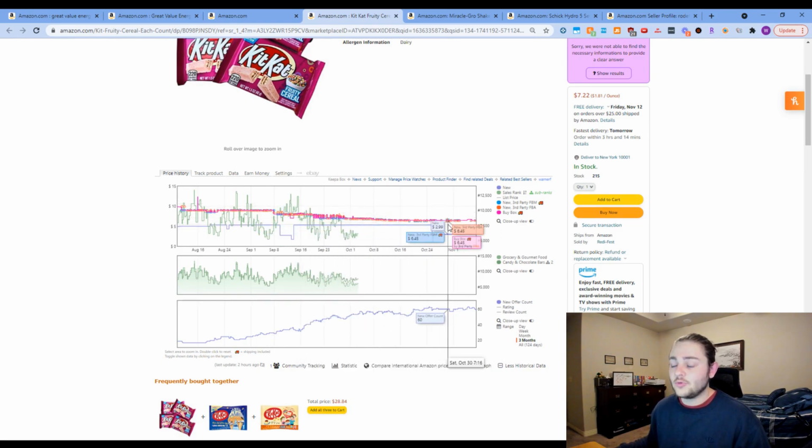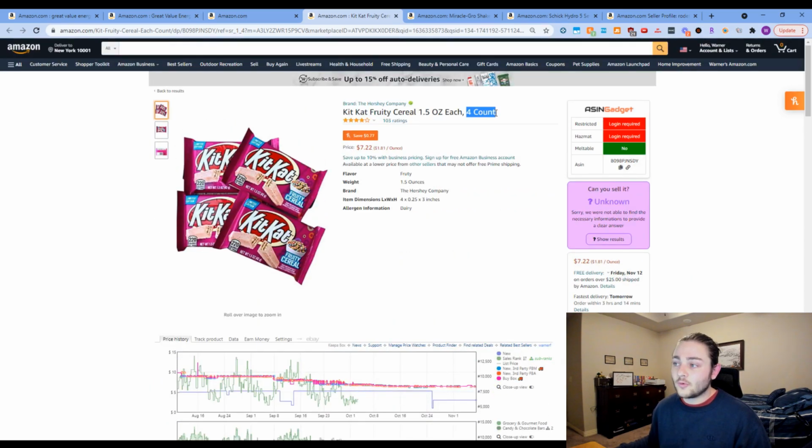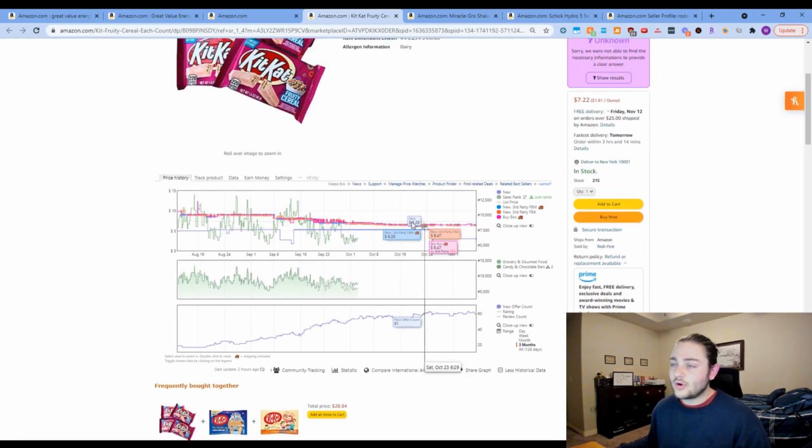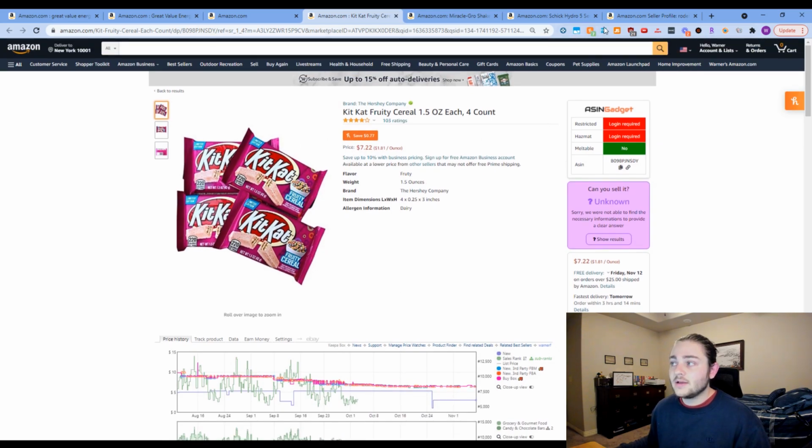So maybe a little bit of a bad example, but we can see the price over time. In this case, we're looking at a 4 count of Kit Kats. It's selling for like $6.50. So we're probably not going to be able to get any profit out of this, but this is where another